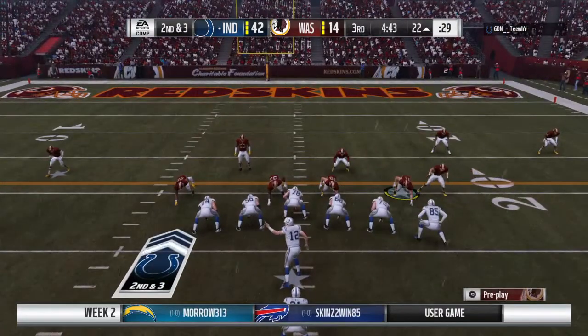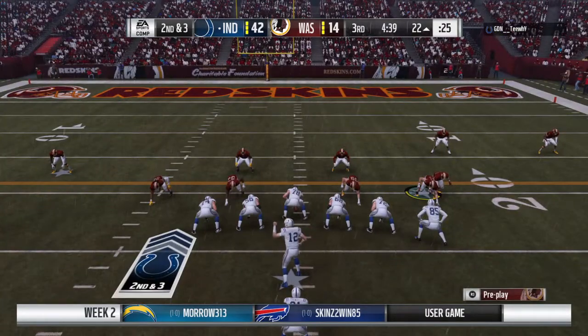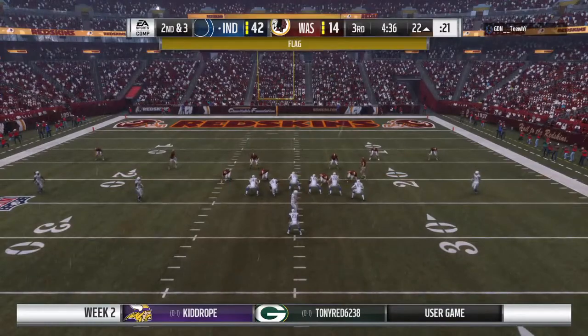Hey. Wide, 674. Collar. Yeah, easy. Check out. And now